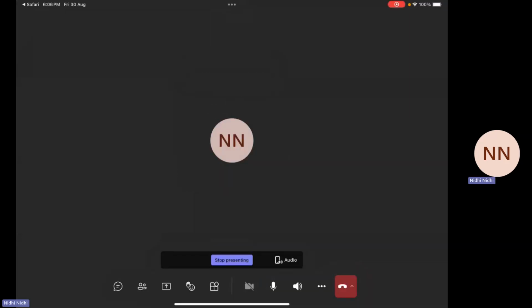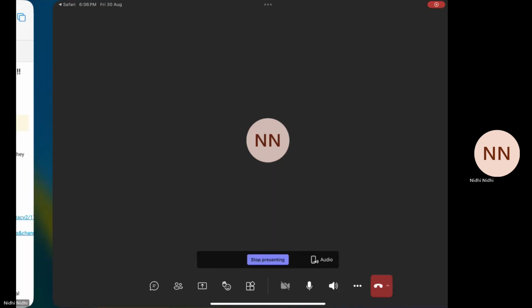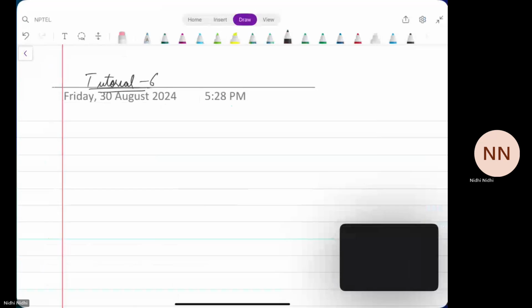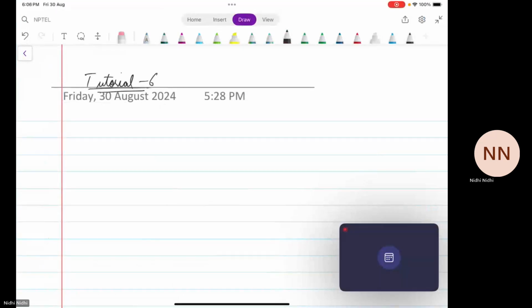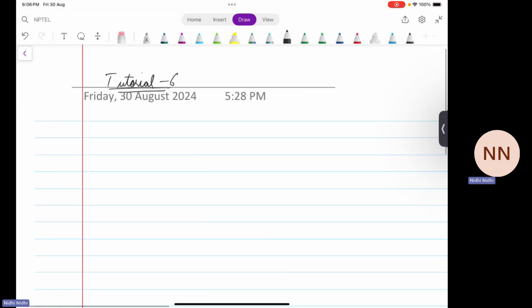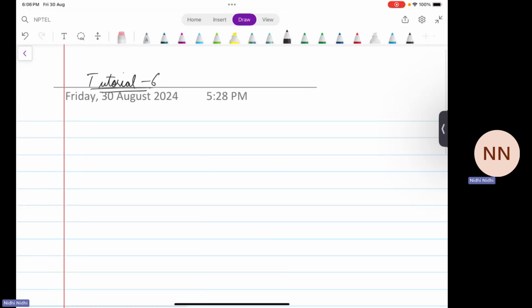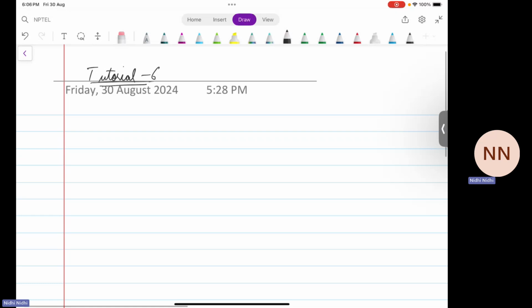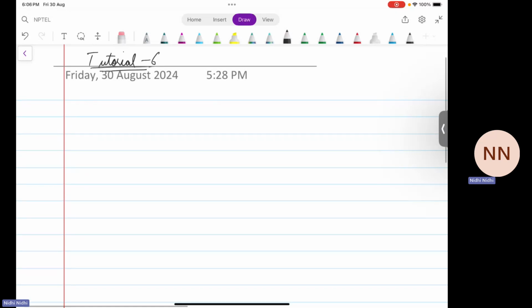I hope my screen is visible now. I hope you all have gone through the lecture videos of this week. Mainly, we started with the Bessel's function. So I'll just recall what the Bessel's function is and what some of its properties are. So let's just recall